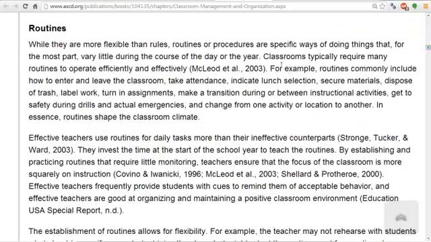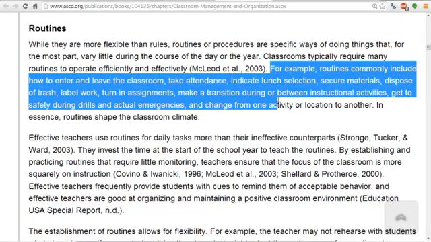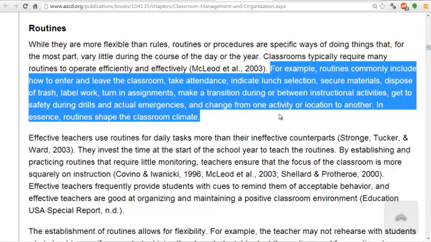And then routines. You want to have classroom routines. And here are things that I never thought about when I was a classroom teacher before I started. You are going to be so far advanced compared to what I was. I knew I was really good with kids, but I never thought about how they would enter and leave the classroom, how I'd take attendance, how I would secure materials, what they would do with trash when they had it on their desk, how they should label their work, how they turned in assignments, what safety drills would be like, just all the myriad of things that I never considered.